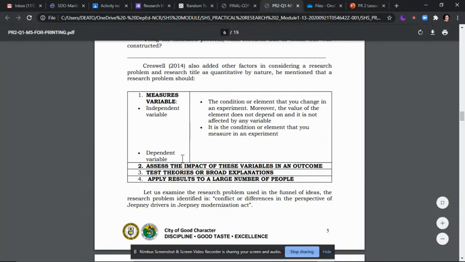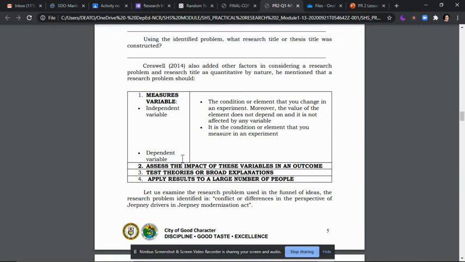So sa step 1, sabi ni Creswell 2014, para mabuo ninyo yung title ninyo, kailangan alamin nyo muna kung ano yung independent variable at dependent variable ng inyong research. Halimbawa, ayokong mag-cite ng example sa mga gawa ninyo. Gusto nyo malaman yung relationship ng English proficiency sa mathematical ability. Pero ina-advise ko wag niyo nang gawin to kasi last year nagawa na to, tsaka wala kayong chance para makuha yung data nito.